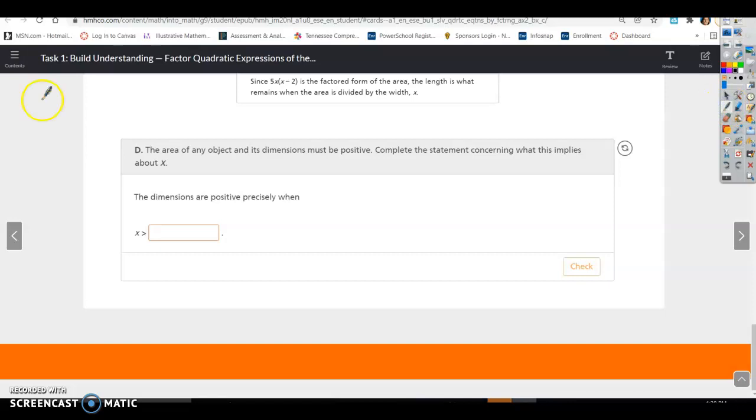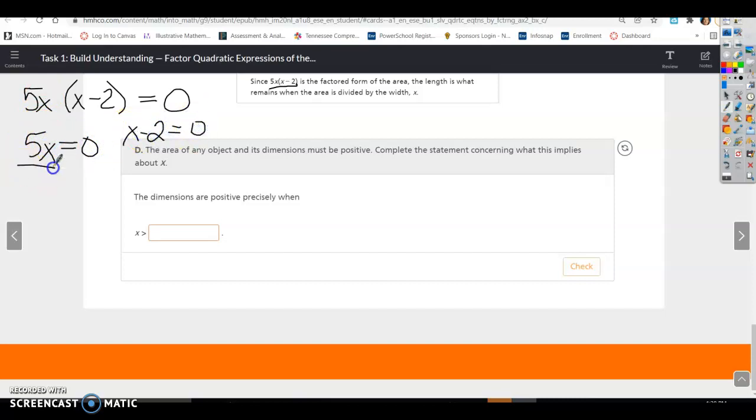all right, so if we look at our factors, you can actually still see them right here. We've got 5x times x minus 2. So for this to be positive, we can just set these equal to 0 and solve. So this has to be greater than or equal to 0. We'll set it equal to 0. So if we divide, we're going to get rid of 5x equals 0. So what we're actually doing is just looking at the zero product property again that we've already learned. And the zero product property says,